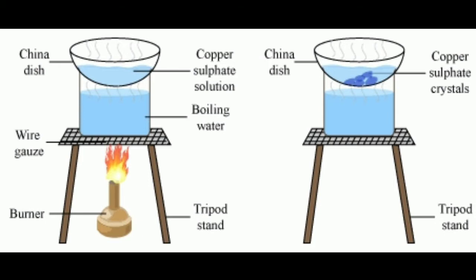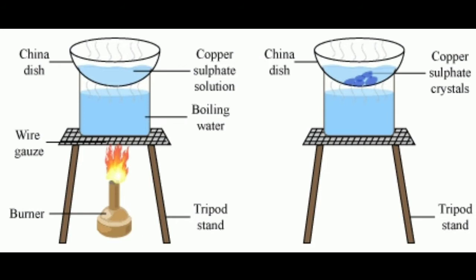Filter the impurities out. Evaporate water from the copper sulfate solution so as to get a saturated solution. Cover the solution with a filter paper and leave it undisturbed at room temperature to cool slowly for a day. You will obtain the crystals of copper sulfate